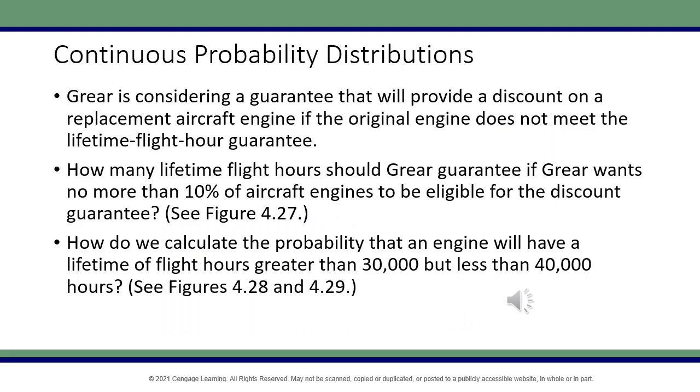Now, let's consider two more scenarios. Greer is thinking about offering a guarantee that provides a discount on a replacement engine if the original engine doesn't meet the lifetime flight hour guarantee. How many lifetime flight hours should Greer guarantee if they want no more than 10% of aircraft engines to be eligible for this discount? How do we calculate the probability that an engine will have a lifetime of flight hours greater than 30,000 but less than 40,000 hours? These questions demonstrate how we can use the normal distribution to make important business decisions and calculate probabilities for specific